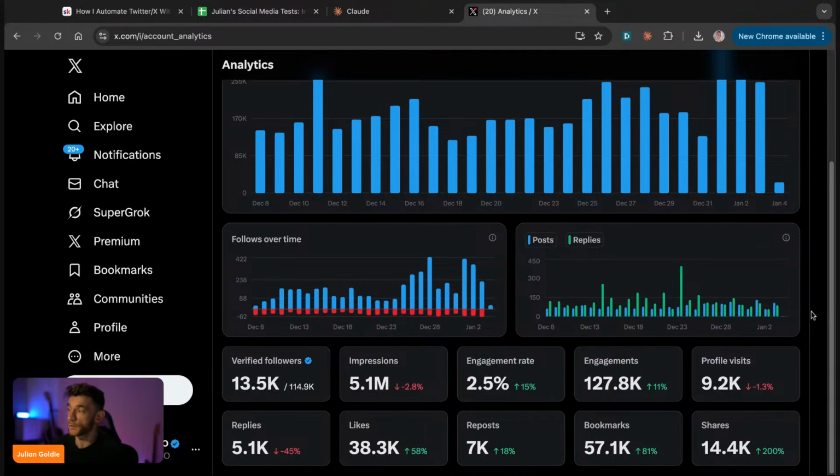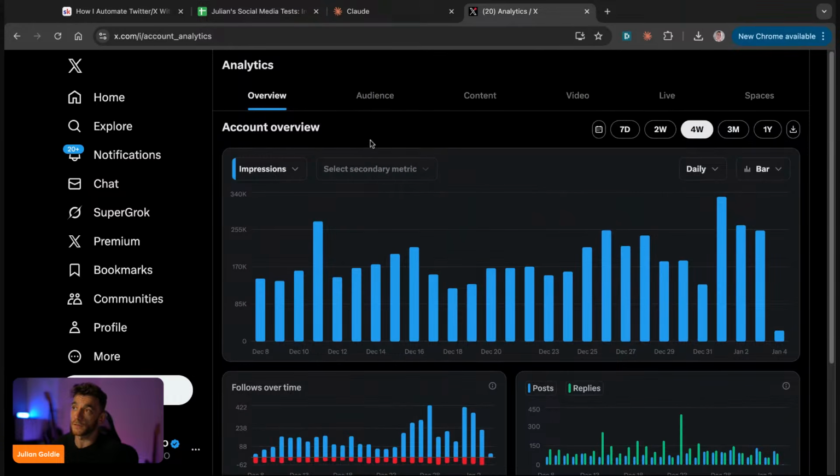And most of the metrics are up massively. So for example, here you can see reposts, likes, bookmarks, shares, engagements, engagement rate, etc. is all increasing as we use this new system that I'll break down for you, right? And essentially what you're going to learn today is